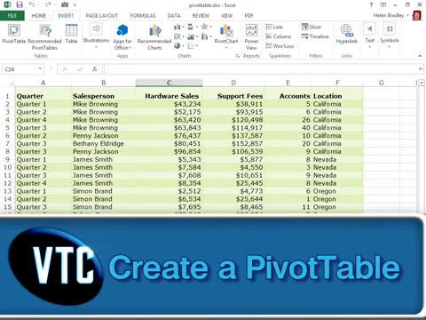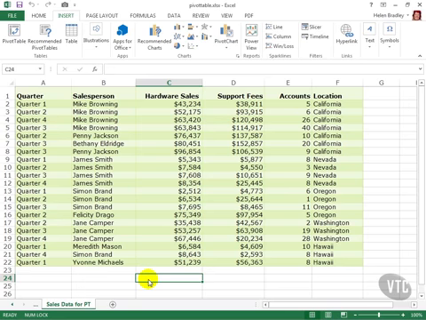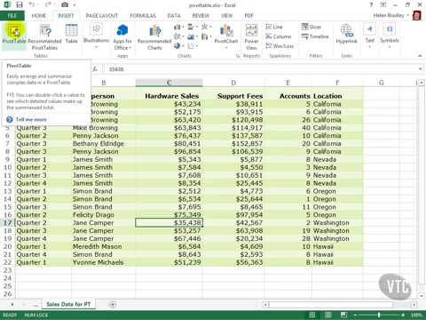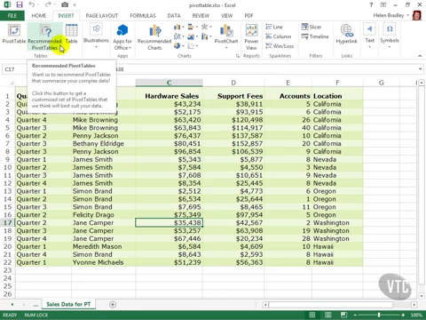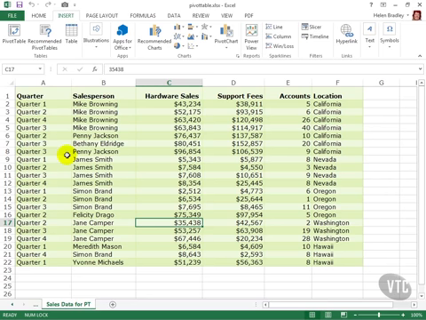We're back now with our original sales data, and we're going to see how to create a pivot table. I'll click inside the pivot table here, and to create a pivot table I'll click the Insert tab on the ribbon. I can select either Pivot Table to create one from scratch or Recommended Pivot Tables to choose one that Excel recommends for me. But before I can do any of this, I need to ask myself what questions I